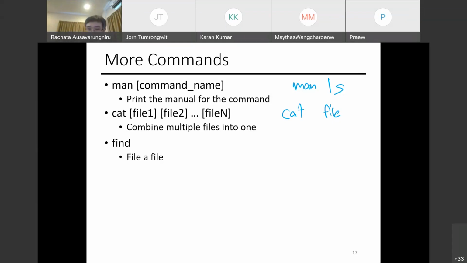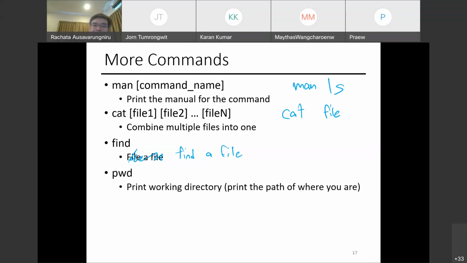Find is used to find, not file. My bad with the typo. Find a file, right? It has different options that you can use to find just in that directory, or including the subdirectory, and many different versions. You can use find in combination with wildcard.